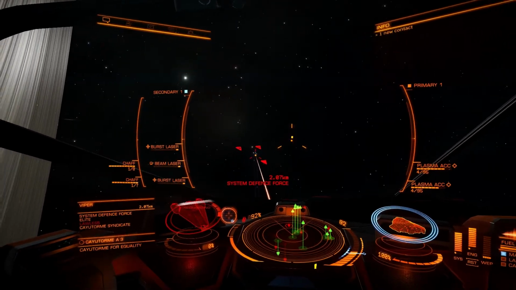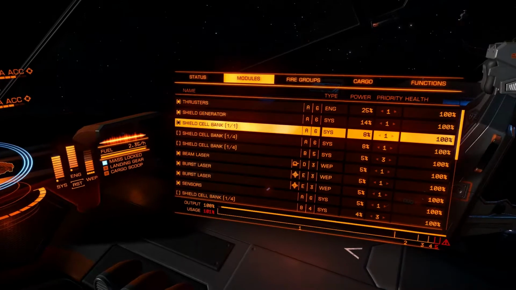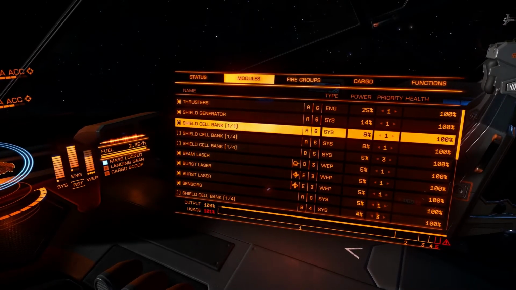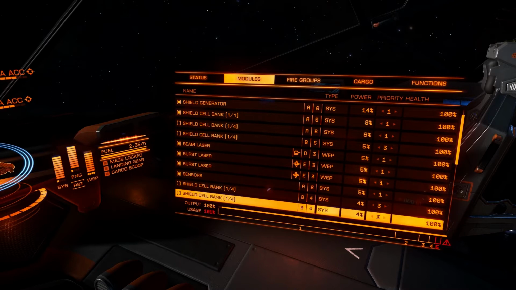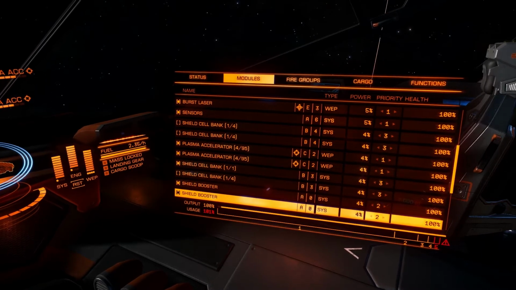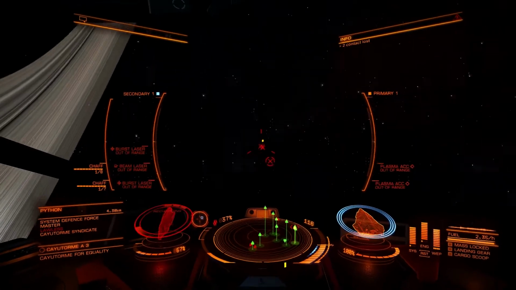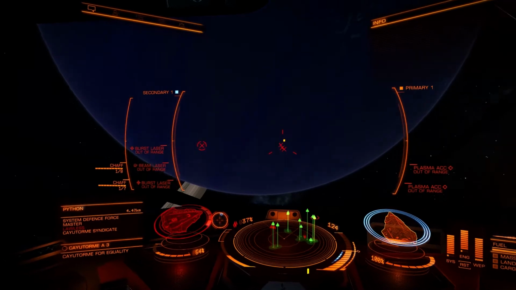Under attack. Target destroyed. Let's have a look at my setup. I've got still one left there, and that should be linked to that one there. So it's got 1 on 1, and that's got 1 on 1. So still got technically 2 left. What have we got? Master,